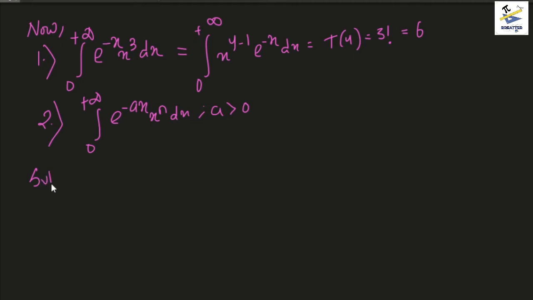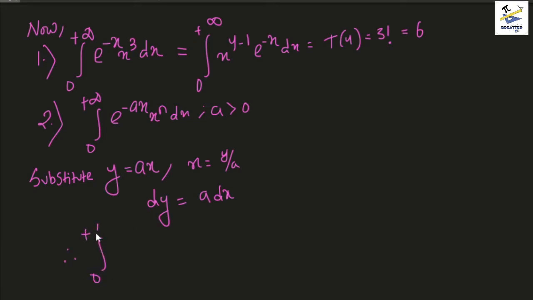So let y equal ax, which means dy equals a dx, right? And x should be equal to y by a. And the limits would not change because the limits are basically 0 to plus infinity. So just scaling the variable by a constant a would not affect them. So therefore